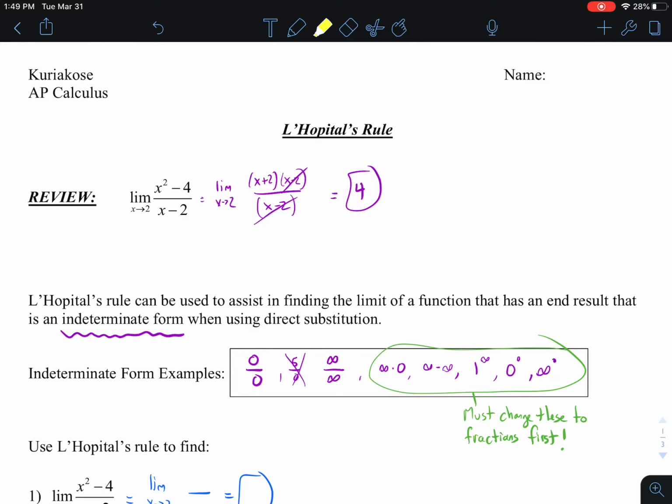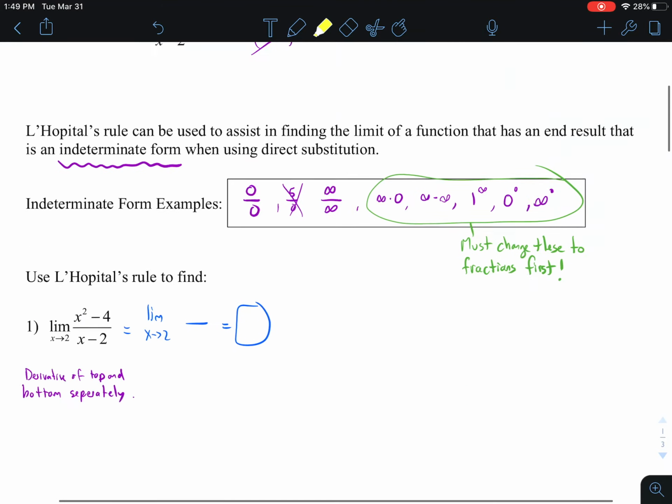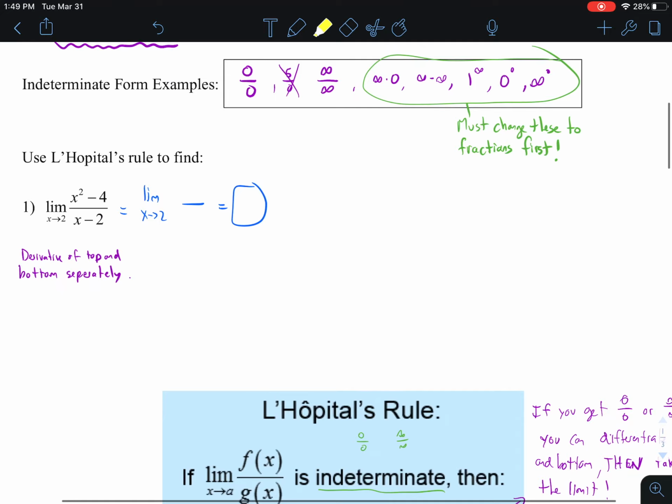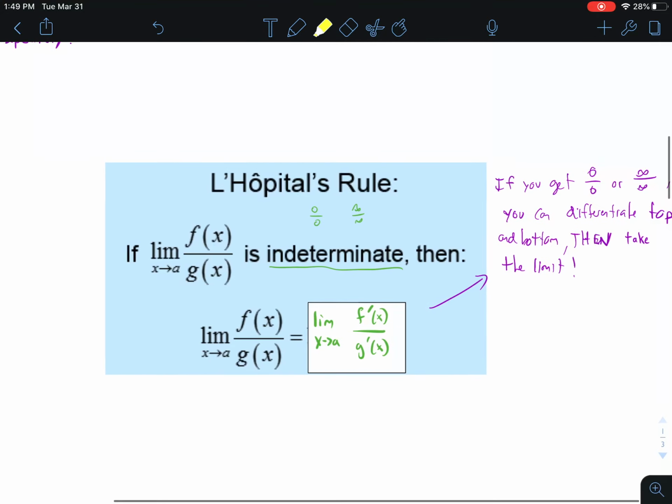Hey guys, today we're going to talk about L'Hopital's rule. L'Hopital was a French mathematician from the 1600s. He discovered something really cool. He discovered that anytime you're taking the limit of a function and you get an indeterminate form like 0 over